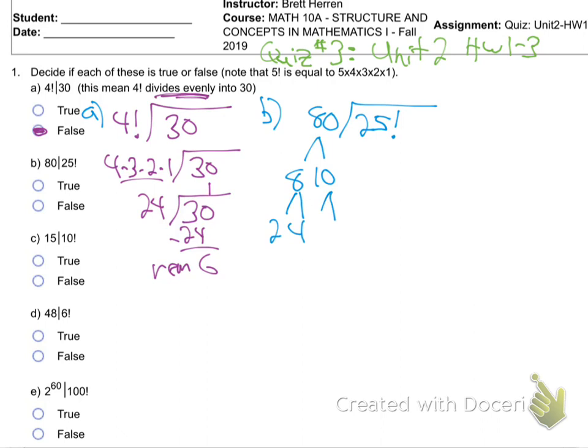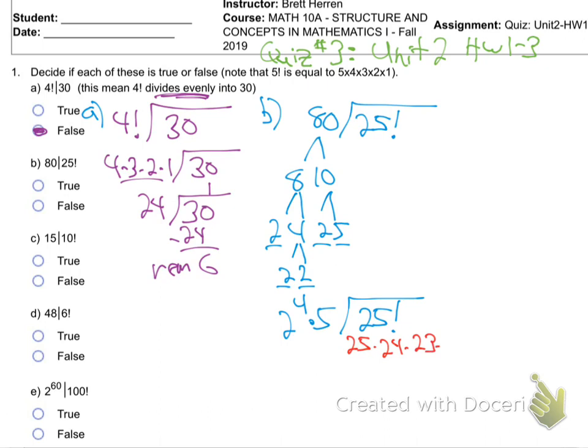2 times 4, 2 times 5, and the 4 breaks down to 2 times 2. So really we've got 2 to the 4th times 5, right? 1, 2, 3, 4 2's and a 5. Does that go evenly into 25 factorial? Well, yes, I think it does, because now we can't multiply the 25 factorial all the way out, but if we break it down to the little pieces that are in there,